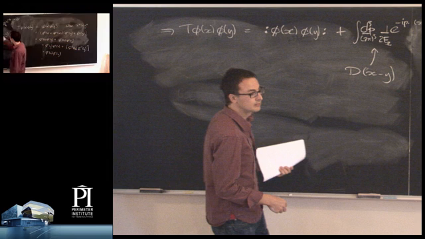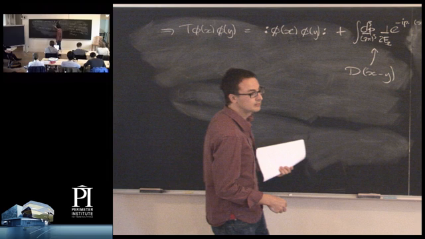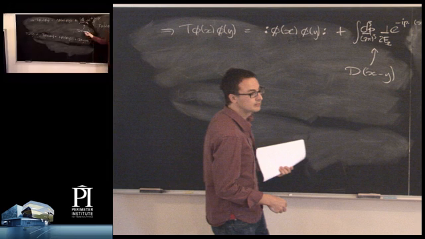Okay, so we did the calculation twice, once for x being later than y, and once for y being later than x. These are the answers we get. But we'd already also defined a function that was this when x0 was greater than y0, but this when y0 was greater than x0. And we called that the Feynman propagator. Our original definition of the Feynman propagator was exactly this, depending on the ordering of x and y. So in general,